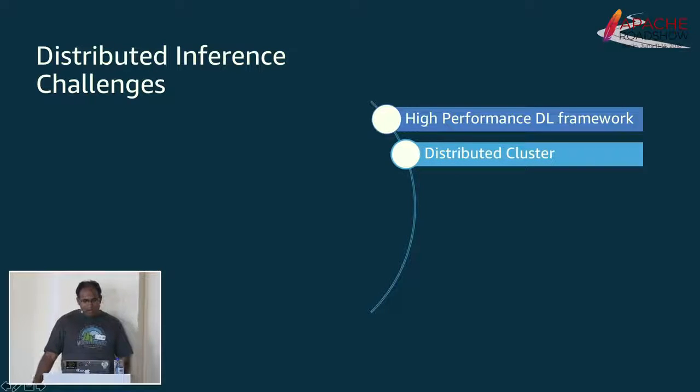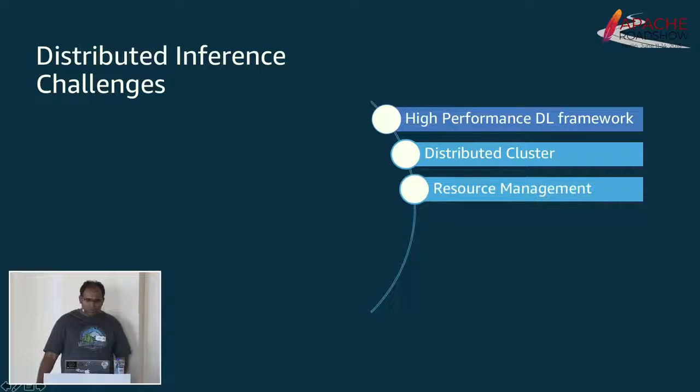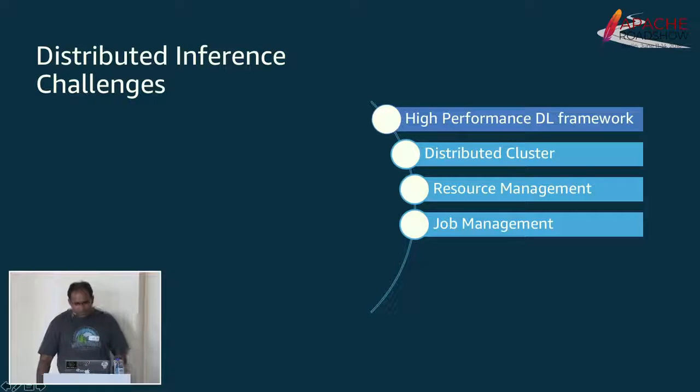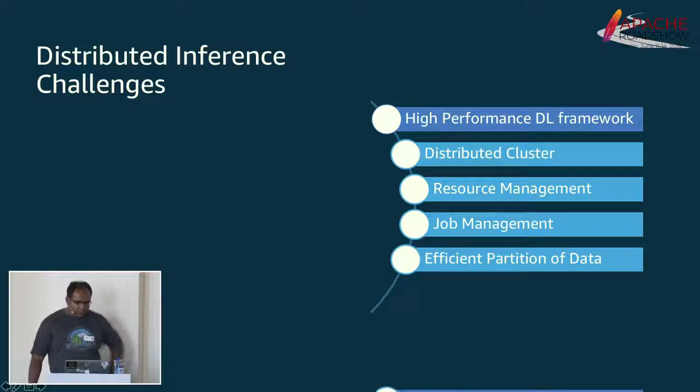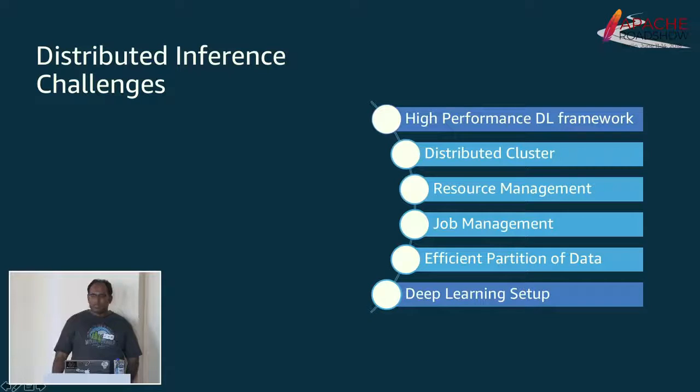And since you have a lot of data, you need a distributed cluster that's able to do resource management very well, and then schedule jobs for you, track them, and if they fail, retry them. You need to also efficiently partition your data across the cluster so that all the resources are well utilized. You need a deep learning setup as well. Sometimes it can be very hard to make it efficiently work because of the dependencies involved. You need the right GPU drivers. You need the right libraries. So for this particular problem, there is the Amazon Deep Learning AMI, where you can launch an EC2 instance, and Amazon EMR makes it a breeze to use.